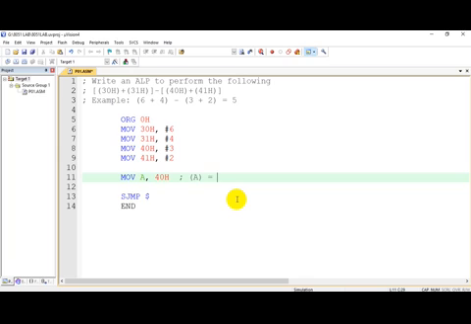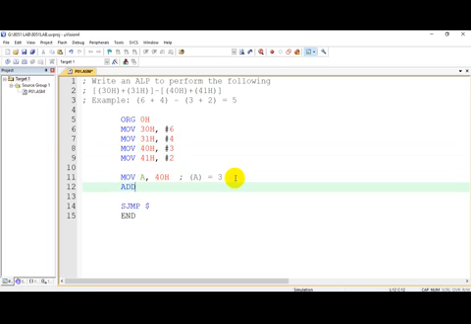So accumulator now contains 3, correct, because we had copied 3 to 40H. Then let us perform the addition. Add A comma 41H. So after addition, accumulator contains how much now? 3 plus 2. So accumulator contains 5.